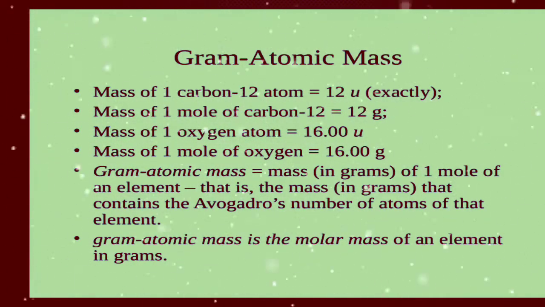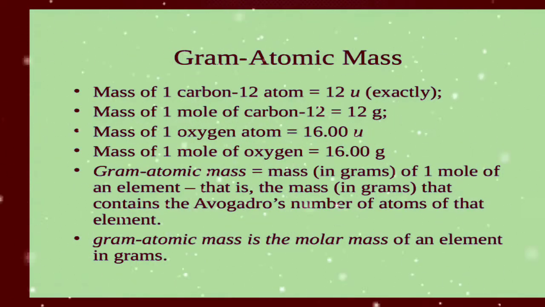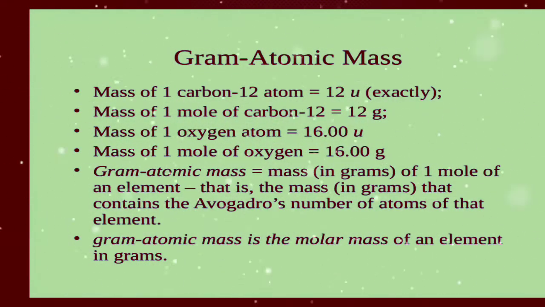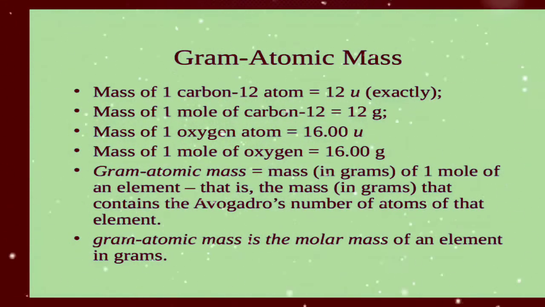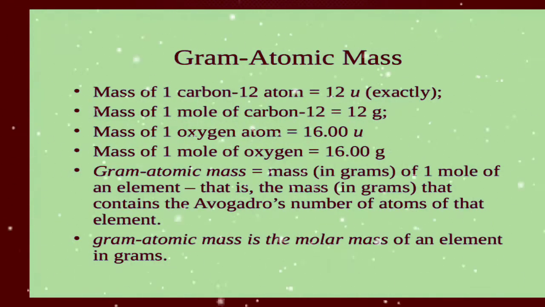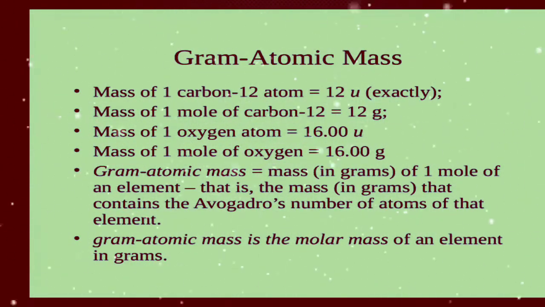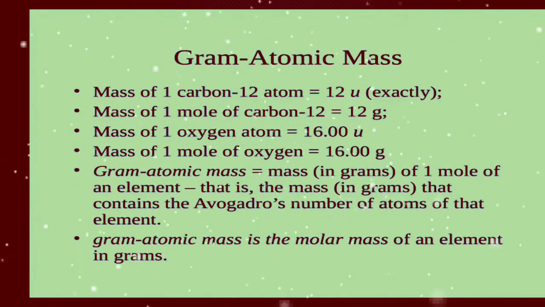Listen girls, when we represent the atomic mass and molecular mass in grams, we will call it molar mass. Gram atomic mass is equal to the mass in grams of 1 mole of an element, that is the mass in grams that contains the Avogadro's number of atoms of that element. It means any element containing 6.02 × 10^23 atoms will be equal to 1 mole, and we can find out that